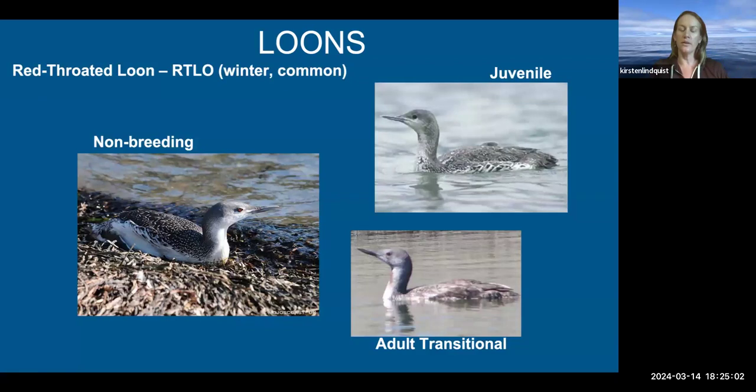And then the red-throated loon, we saw this was our most abundant loon on Saturday, though all three were there. They tend to be lighter in the face, more white feeling. And when you see them up close, they can have lots of tiny little white specks on their feathers. The species name ends in stellata, which means stars. And so you can remember the red-throated loon having tiny white stars in the plumage,